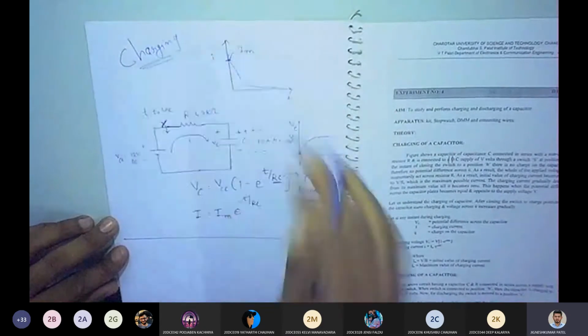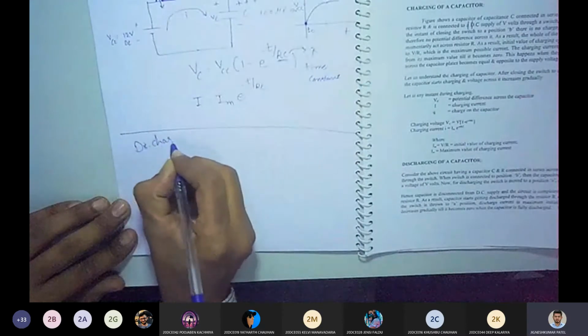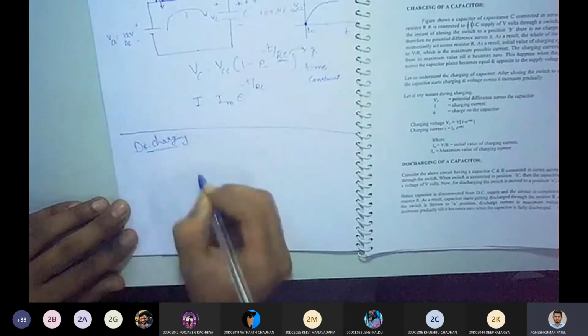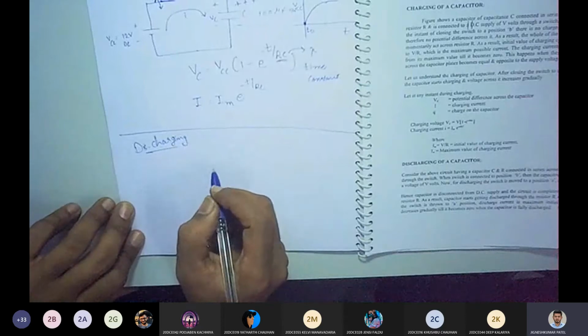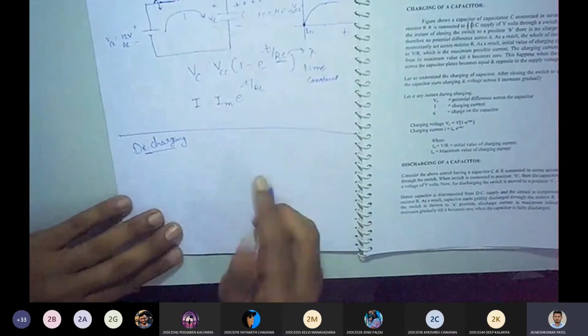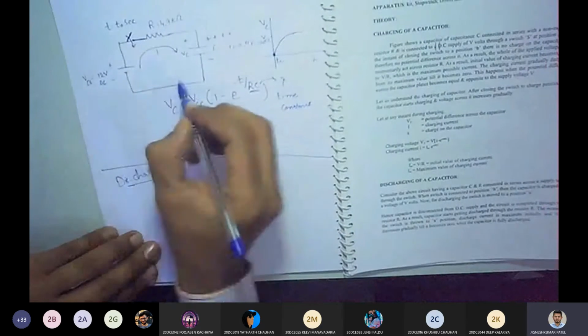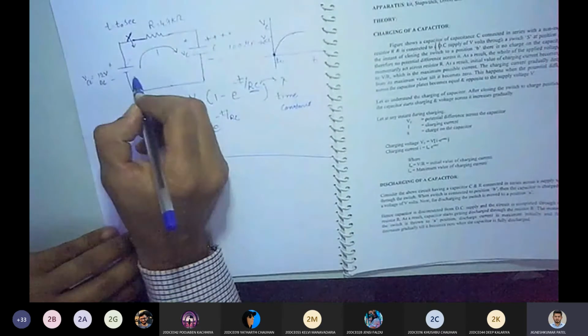But the second portion is what we require, the discharging also. Discharging means when your capacitor is fully charged, with respect to time it also decreases the voltage when it gets a closed path. Suppose in the above circuitry we remove this battery. Charging is basically storing the static energy inside a capacitor, and discharging means releasing that stored energy back. But to release energy or to store energy, you need a closed path in either way.